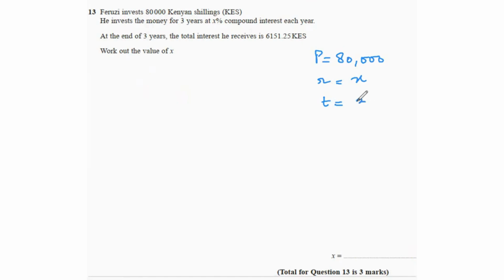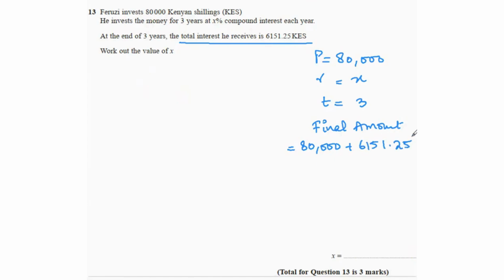Time is 3. And if you notice, they haven't given us the final amount, they've given us the total interest he receives. So which means the final amount is going to be the sum of 80,000 and the interest that he's earned. So if you notice, in compound interest, they give us the final amount as the answer. They don't give us the interest that he's earned or anyone has earned. So to find the final amount, we add the amount that he's invested and the interest that he's earned. So that's going to be